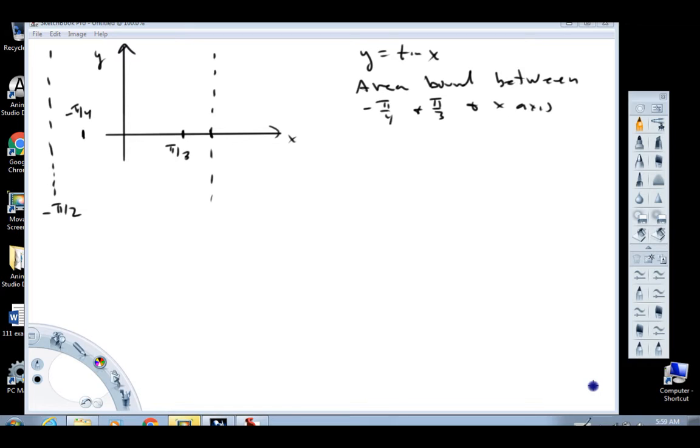The purpose of this video is to demonstrate how to calculate a bound area with functions that end up having logarithmic types of integrals to worry about. So what we're going to do here is consider the function y equals tangent x, and calculate the area bound between that function and the x-axis from negative pi over 4 to plus pi over 3. Now, the first thing that we need to do is get some sort of reasonable graph of that